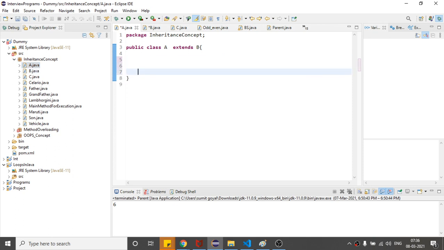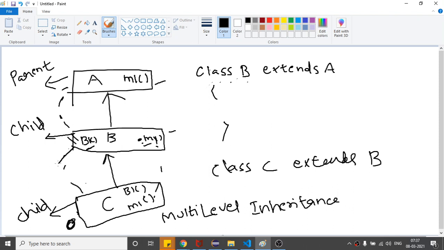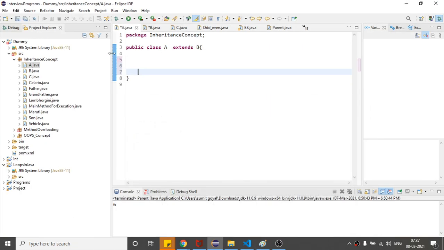So if I simply say, just assume that this is my class. If you see, this class is the parent and this class is the child for class A, right? And similarly, if you see here, this class is the child, but for this class, what is the parent? This is the parent, right? So if I assume that class A is the supermost parent here, so in class A,